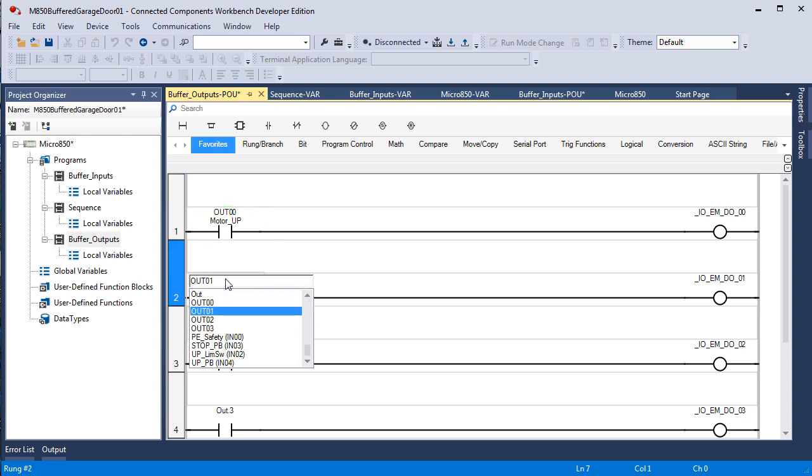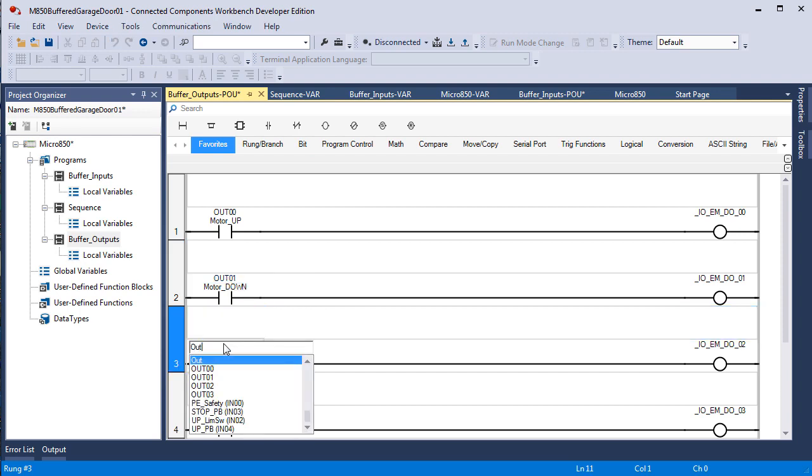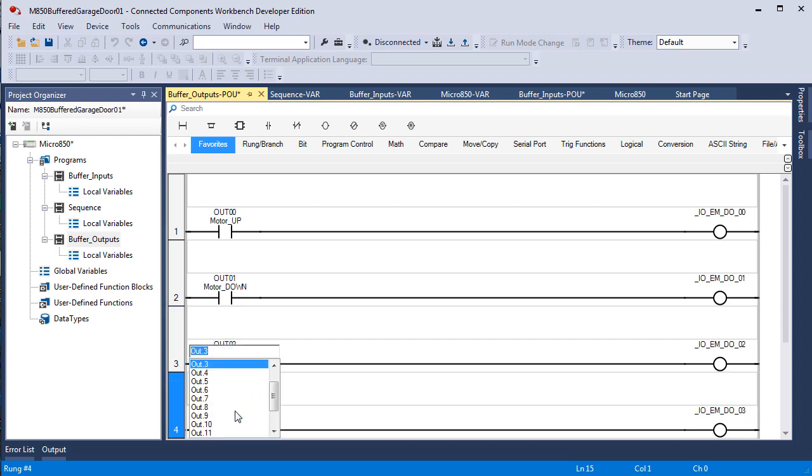OUT01, OUT02, and OUT03. And of course, we're not using OUT03 or this output here. Later on in the labs we will. Matter of fact, there'll come a time when we could use even more outputs and inputs if we wanted to